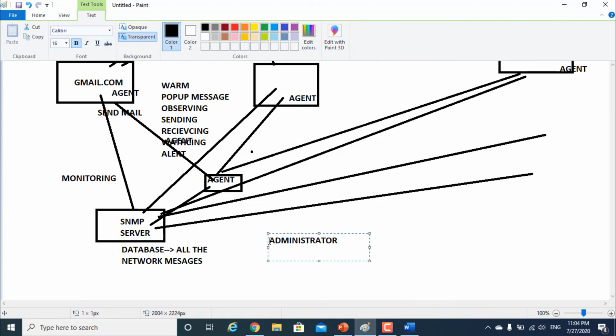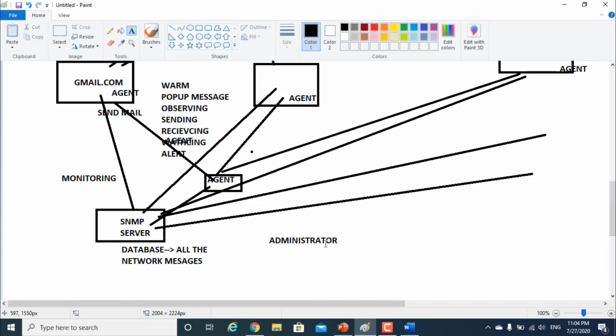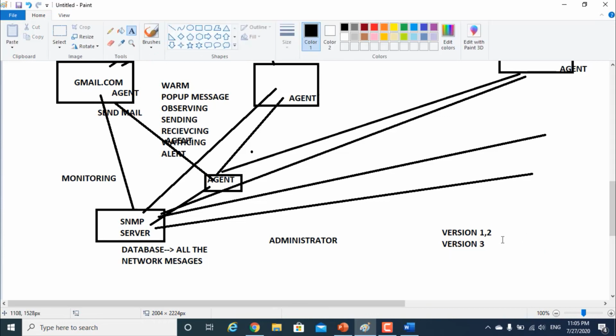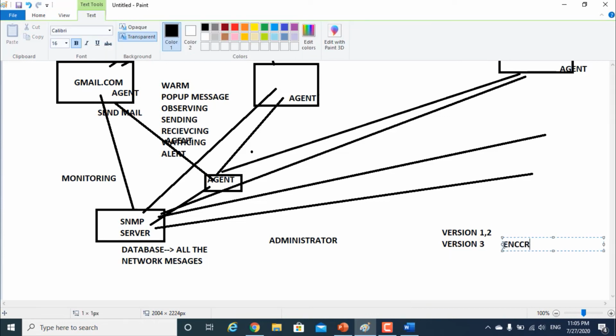Okay, so this was the job of SNMP. In every organization, people are using an SNMP server. It has 3 versions: version 1 and 2, and also version 3. The difference is that in version 3, our data is in encrypted format. But in version 1 and 2, there is no encryption. In version 2, there are some other facilities also available, like authentication. Only in version 2,